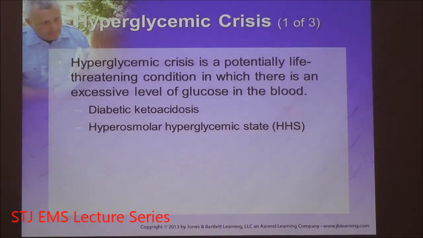So remember, diabetic ketoacidosis is caused by burning of fat. The waste product of fat is ketones. And if we have built up enough ketones, it becomes ketoacidotic, because ketones are acidic in nature. Now, if your blood sugar goes so high, you're in the 600s, 700s, this is known as HHS, or hyperosmolar hyperglycemic state. Your blood is so thick